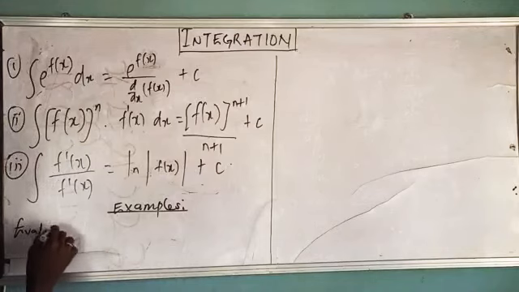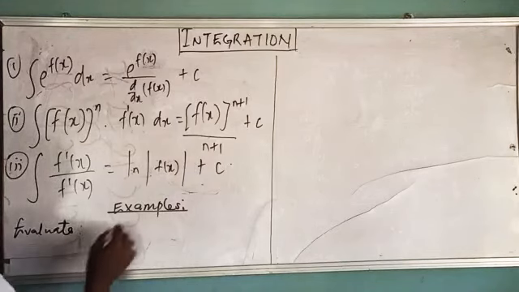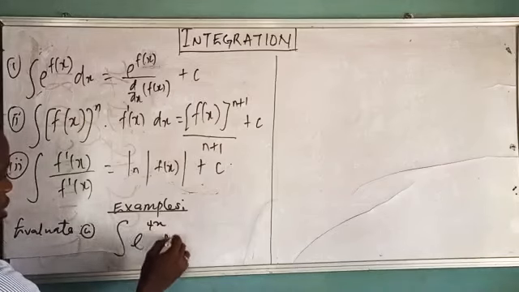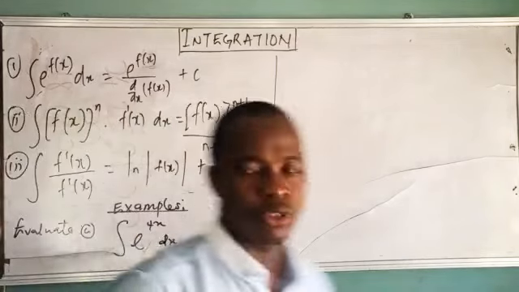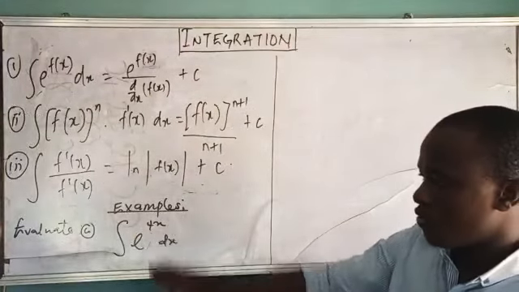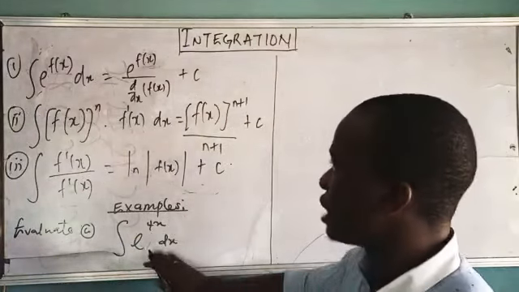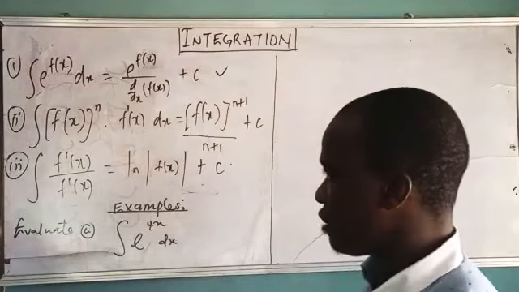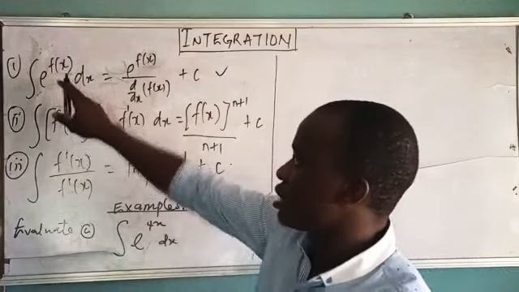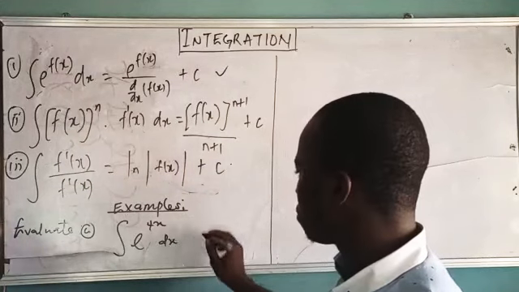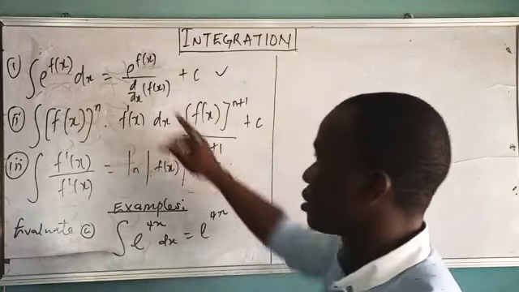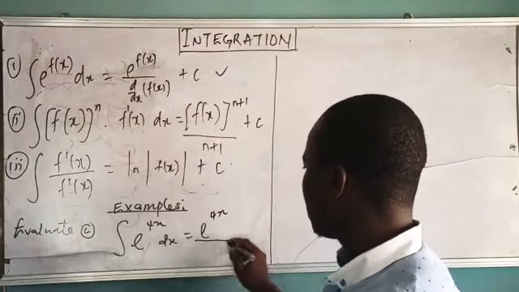Evaluate the first one: evaluate the integral of e to the power 4x with respect to x. So look at this one now. They said we should evaluate the integral of e to the power 4x with respect to x. If you look at this, you are going to apply the first one. So our f of x is 4x here. So what are you going to do? It will be equal to e to the f of x directly, as I have here, divided by